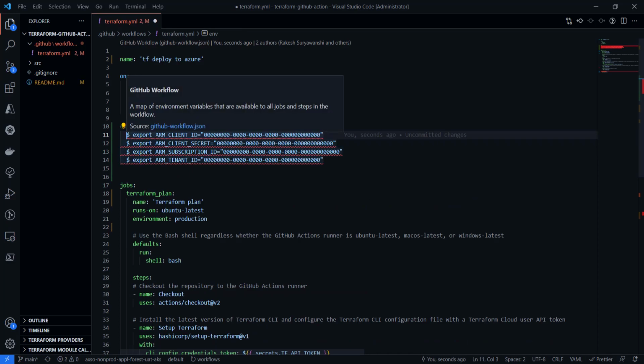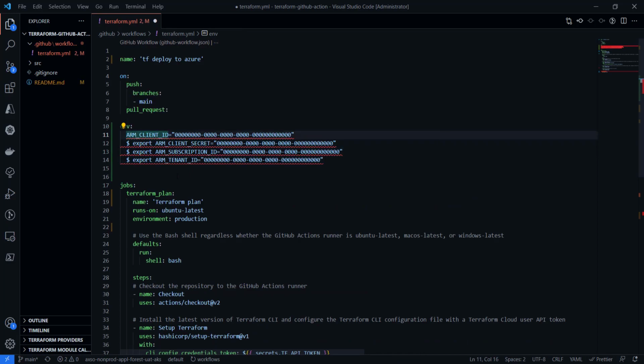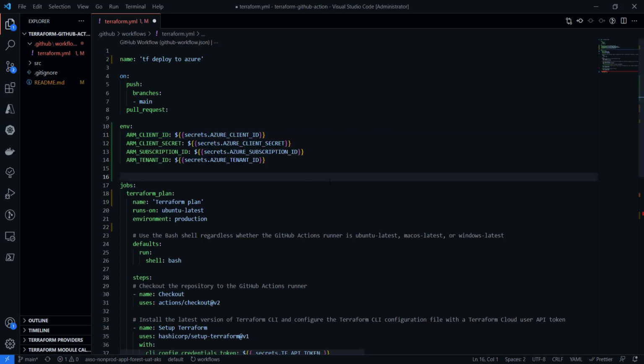Create the environment variable with this name, and we are going to set up this environment variable with the value of the secret which we have created, if you remember. So we will call it secrets and then Azure ID. So that's the environment variable. Similarly, we will create the rest of our environment variables. So these are all my environment variables.